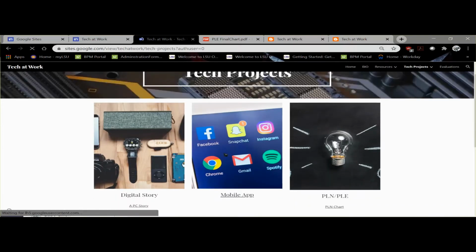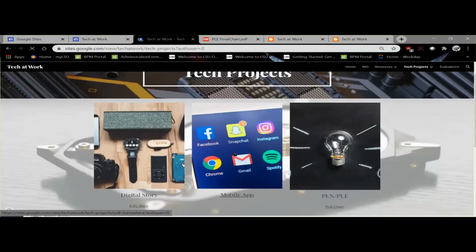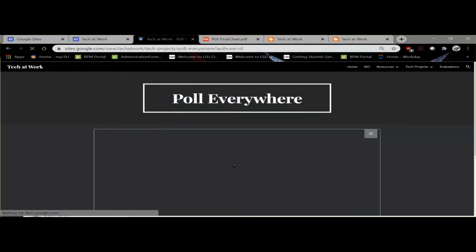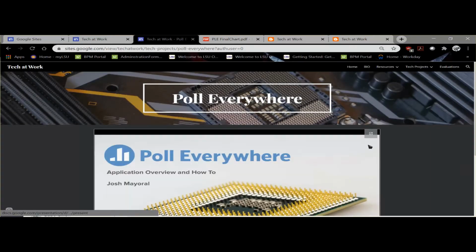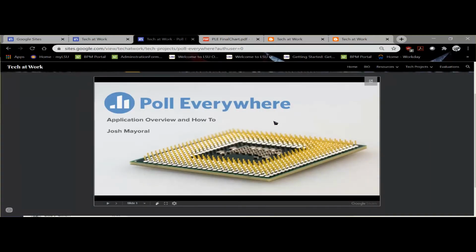The mobile app was another fun project. I did enjoy looking through the list that Dr. Harriman provided for the different apps out there for us to take a look at. I settled on Poll Everywhere because it kind of crossed over classroom and professional environments.